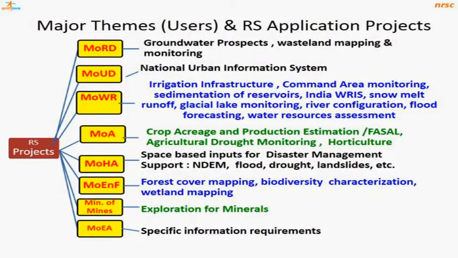Now various ministries have also taken up certain projects by themselves with their own funding. That is groundwater prospects, which I was telling you about, or the wasteland mapping by the Ministry of Rural Development, and urban development on National Urban Information Systems. The water resources ministry also has an excellent database called India WRIS, which is now in the public domain. I request you all to kindly go into this data set and see how it is organized. And for crops, the Ministry of Agriculture has its own institute now, the Mahalanobis National Crop Forecast Centre. They do around 12 major crops and also 2 horticulture crops like potato and